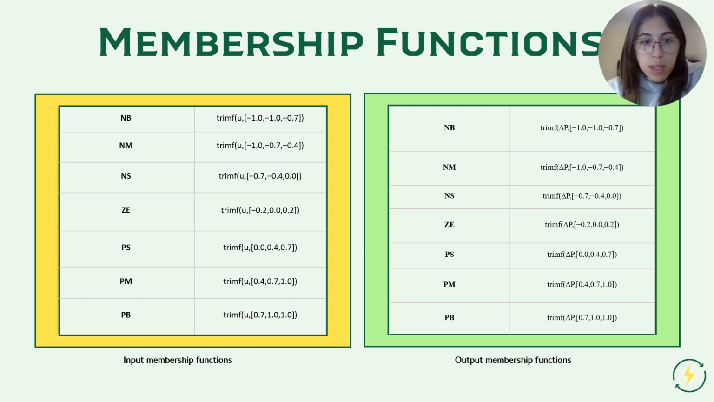So here, for example, in the input table, we have NB, which is defined as trimf, u, the input, and then -1, -1, -0.7, meaning that any value below -0.7 is strongly classified as negative big, with full membership at -1. And then 0 would mean values close to 0, and 0 would have the strongest membership in this category. Similarly with the output variable, delta P, which represents the required power adjustment,